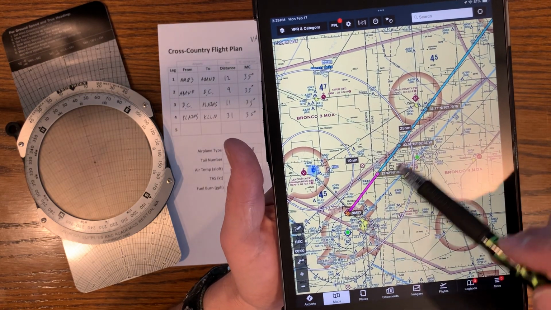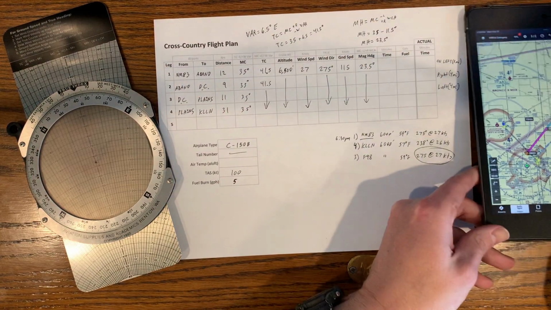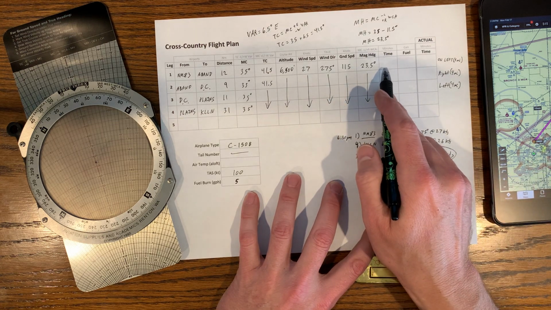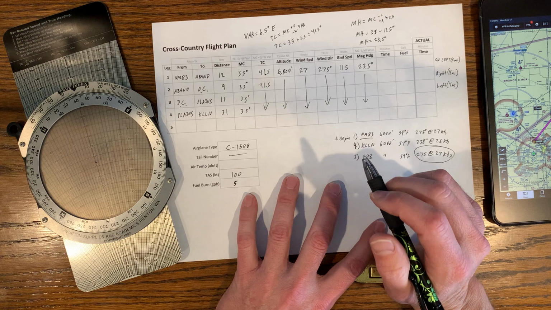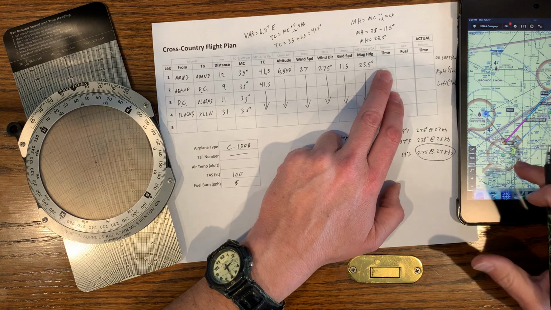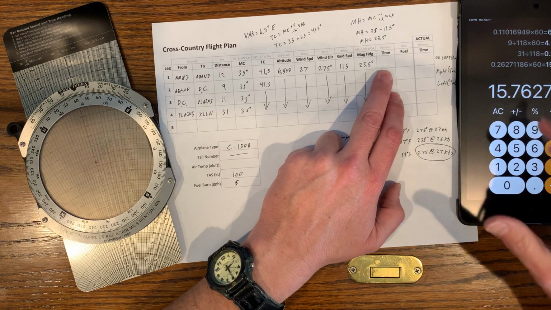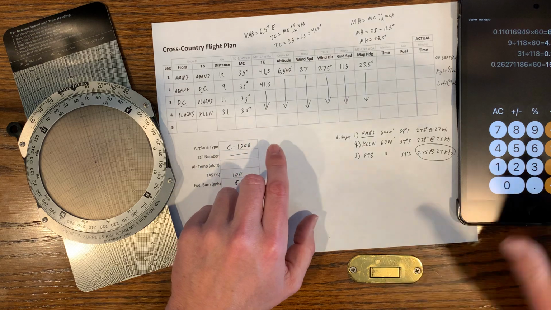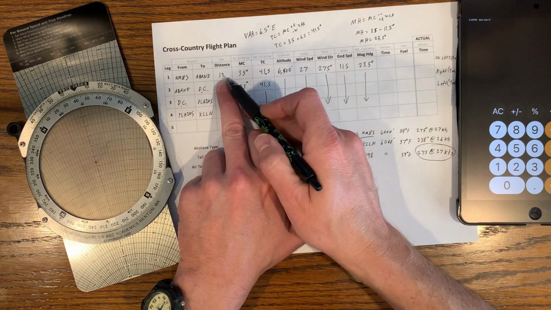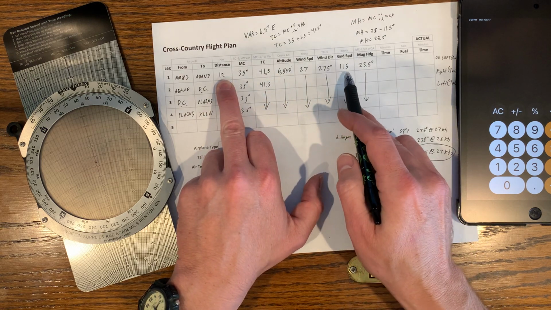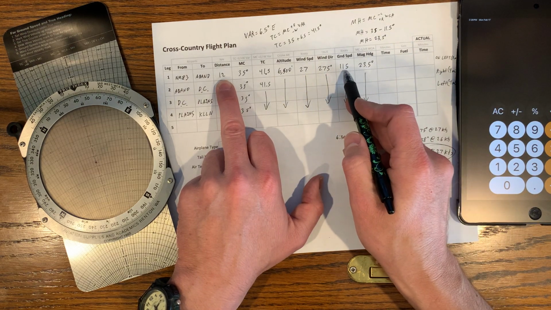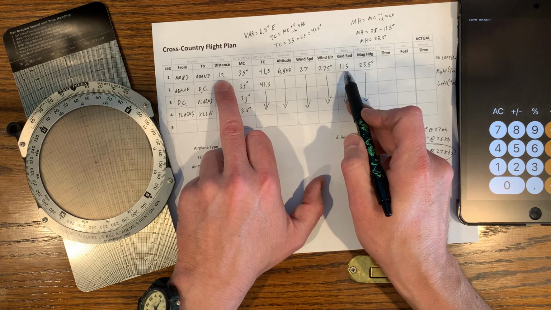So that's what we're going to do. We need to know how many minutes of flying past Hobbs Industrial it's going to be before I should expect to be at my checkpoint. All right, well, this is pretty easy to do. If you pull up a calculator, we know, let's just clear that all out, we have a distance of 12 nautical miles we're covering, and we're going at a speed. This is your ground speed. Remember, this is ground point to ground point, so it's your ground speed that matters, of 115